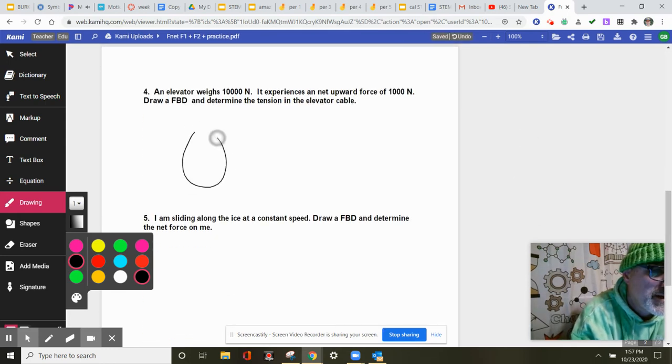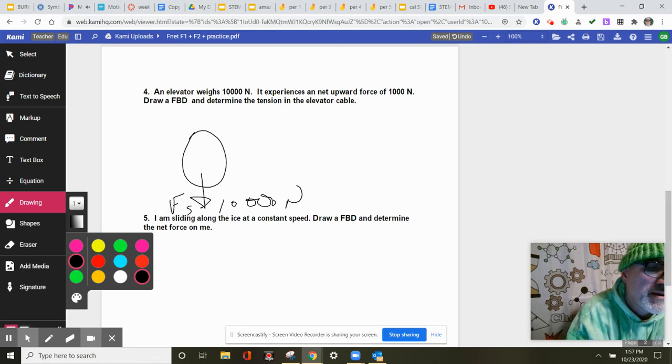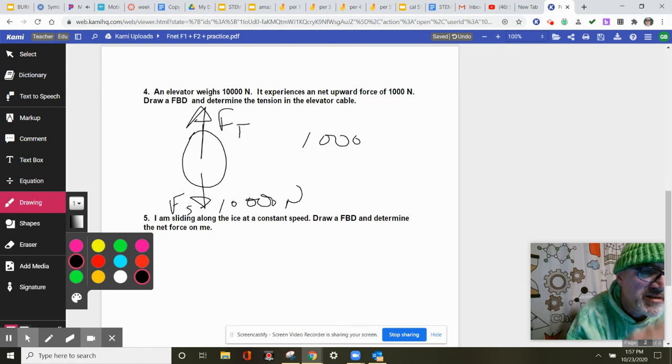All right, we have an elevator. So this one's a little trickier. We have an elevator that weighs 10,000 newtons. All right, force of gravity. And it experiences an upward force of 1,000. So the net force is 1,000. And there's a tension here. Right, but the tension is not 1,000. The tension is the tension. The 1,000 is equal to the tension